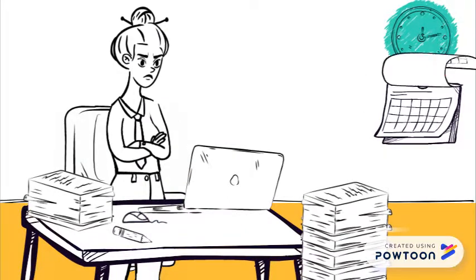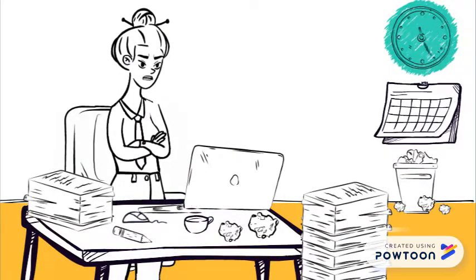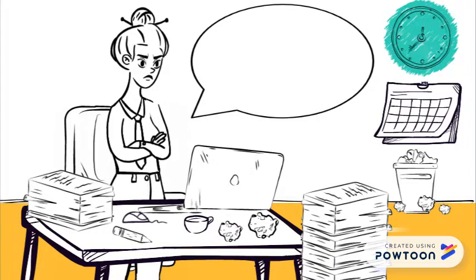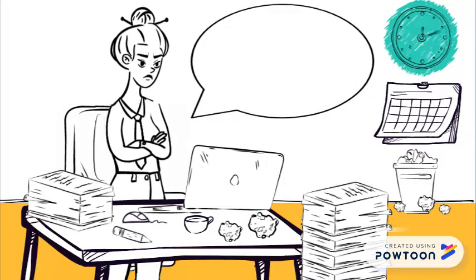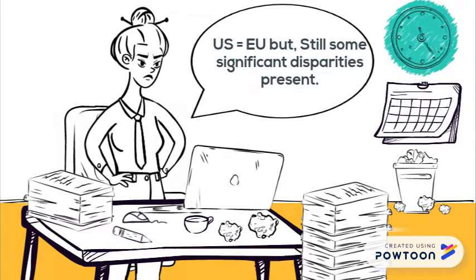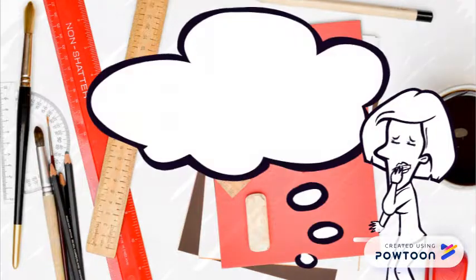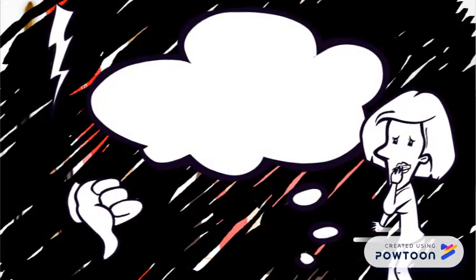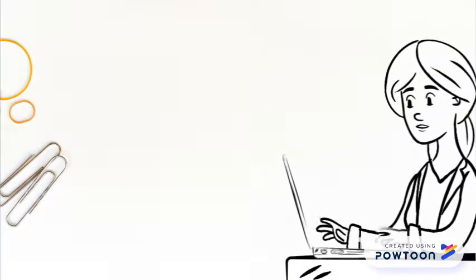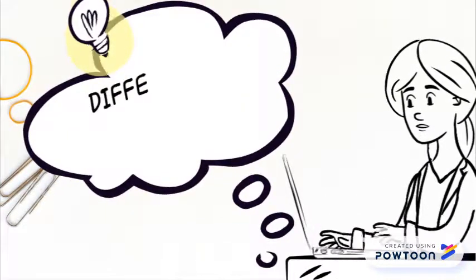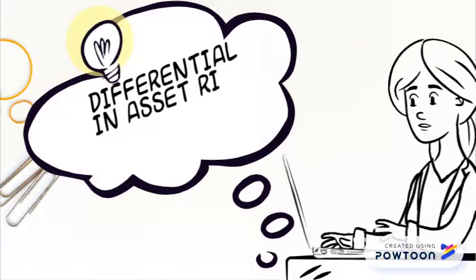Although cross-border regulations between the EU and the US are somewhat similar in terms of implementation of Basel III, there are still some significant disparities between them. One such example is the Dodd-Frank Act, which introduced provisions that are specific only to financial institutions in the US. Another point to take note of is that the differential in asset risk weightings between the EU and US would